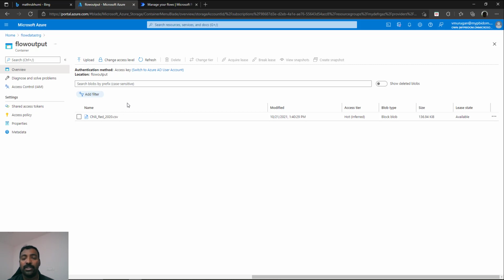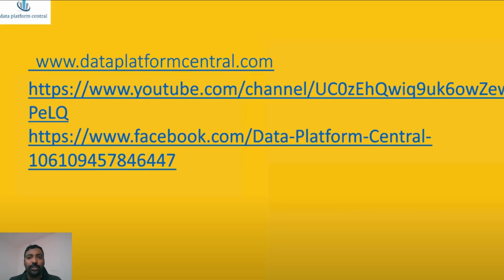In this case, we looked at a very simple activity where we go to a website, navigate through multiple pages, go to the download area, download a file, and finally upload it to the Azure Blob Storage using the AZ copy utility, which can be freely downloaded from the internet. This quick and introductory demonstration using a Power Automate Desktop Flow showed how you can automate most of your desktop activities which you do on a day-to-day basis, where it involves some kind of manual intervention like going to a site, adding some credentials, clicking on some buttons. All of these can be automated by using a Power Automate Desktop Flow.